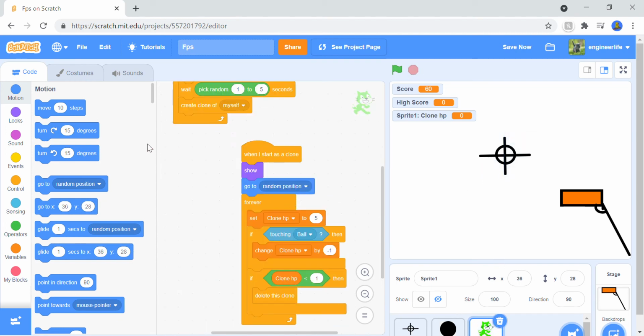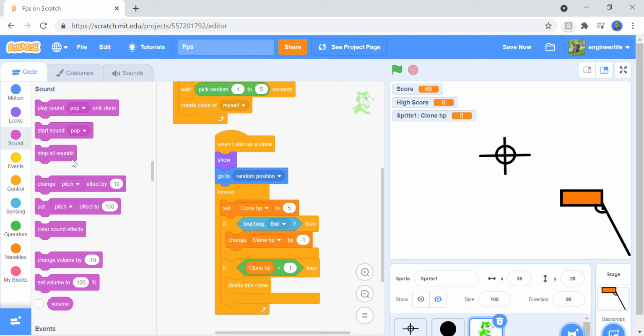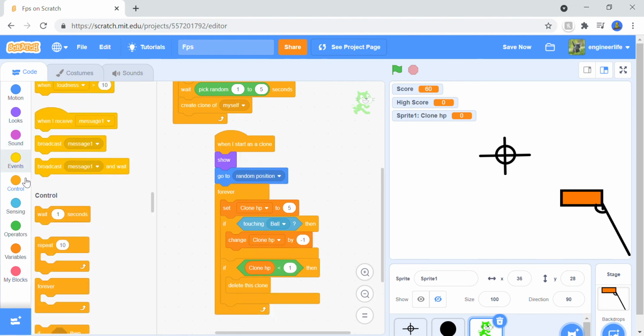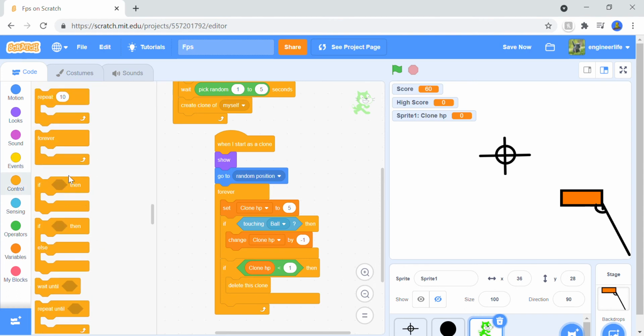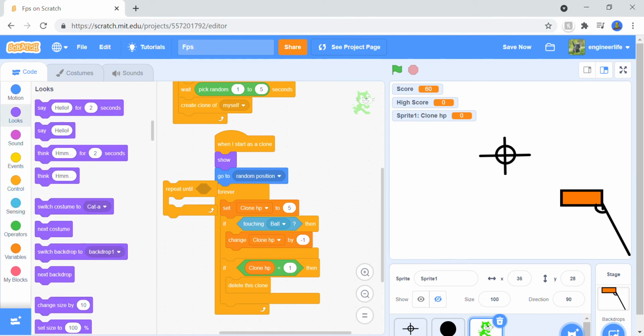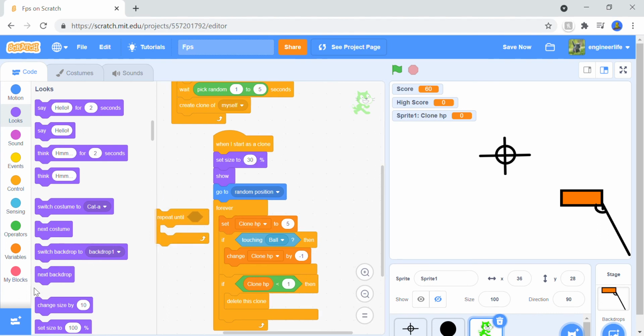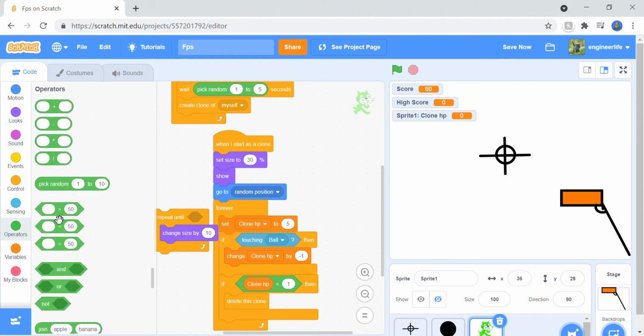And pretty much then you want to put in one of those repeat until. You want to set size to very small, like 30, and then you want to change size by 10 until you put in